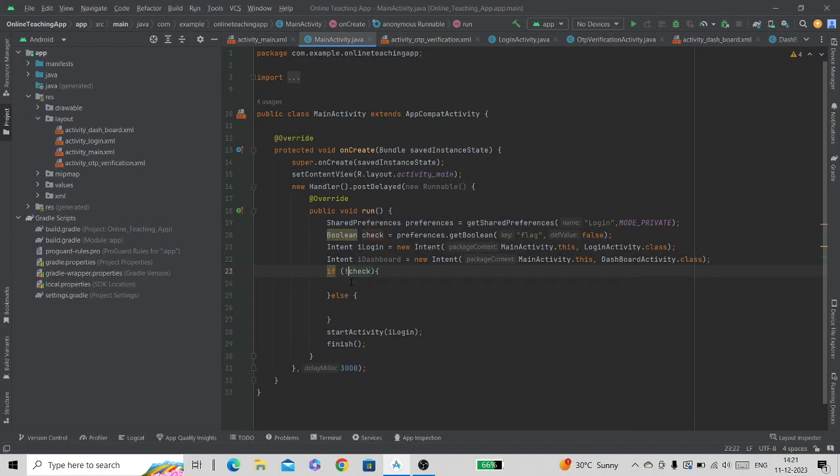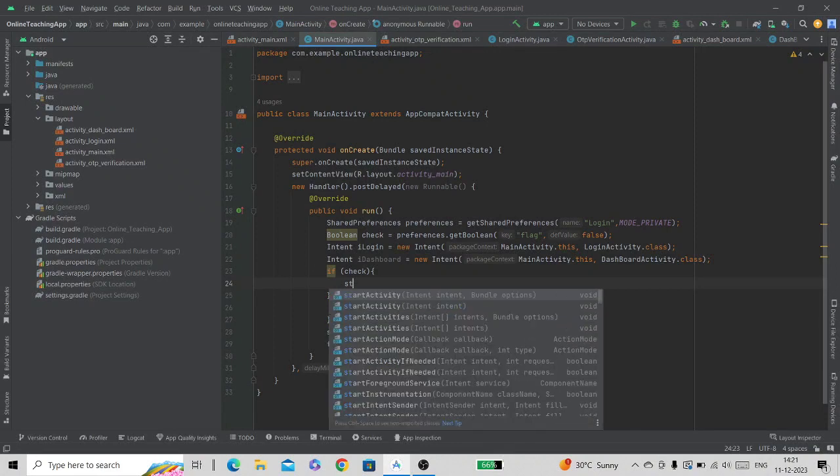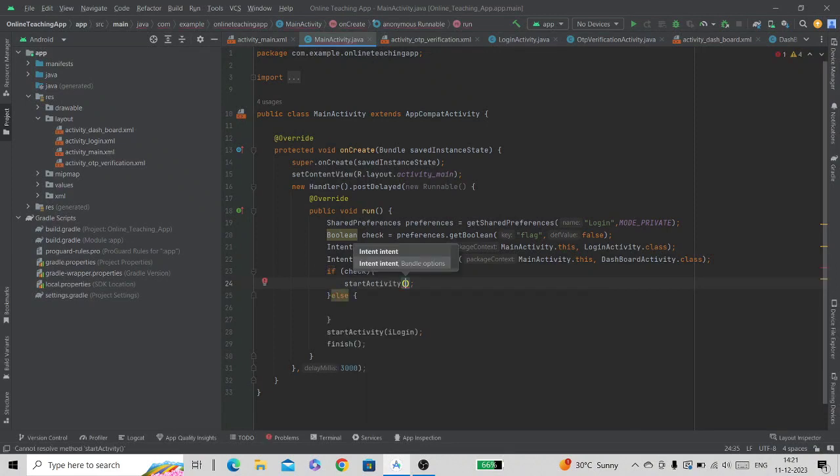For now we want to check the true condition, so if (check), it means that if check is true, then we will give here startActivity and pass the intent for dashboard. If the check is true, then user should redirect to the dashboard activity, else the user should redirect to login activity.